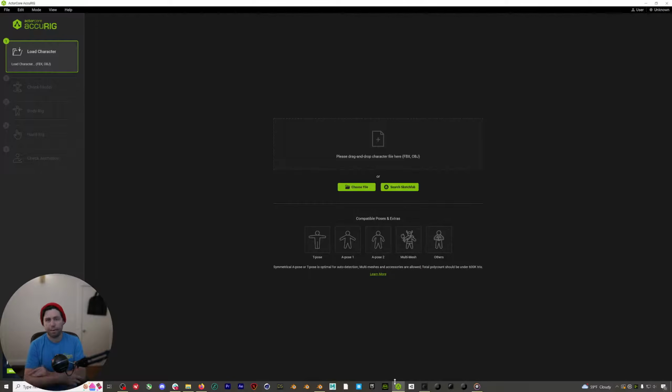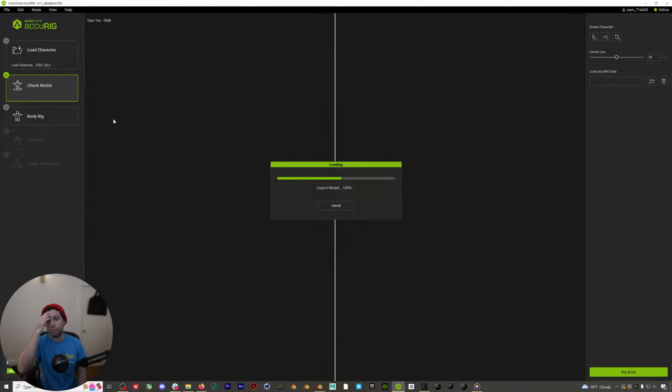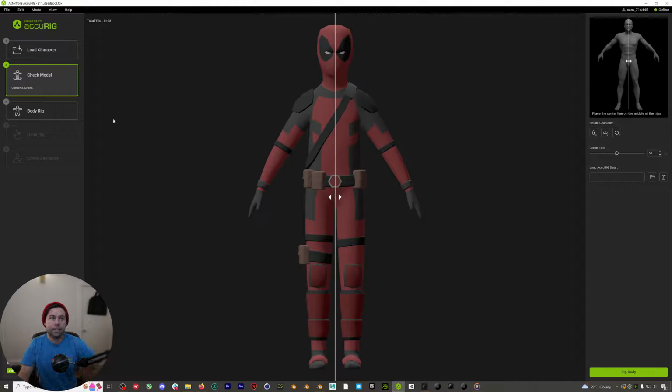First we're going to use this Deadpool OBJ, but then I thought it might be fun to find some free OBJ on Sketchfab and try to use that. But I just want to go through the mechanics of how you do this first. So again, we have an unrigged character in an A pose. This is a little cartoon Deadpool that I found on CG Trader. Sometimes it'll come in without textures, but as soon as I load it in, you do need the character to be